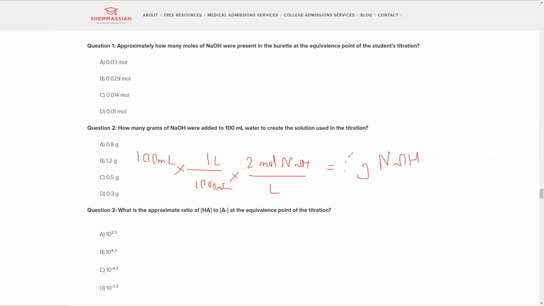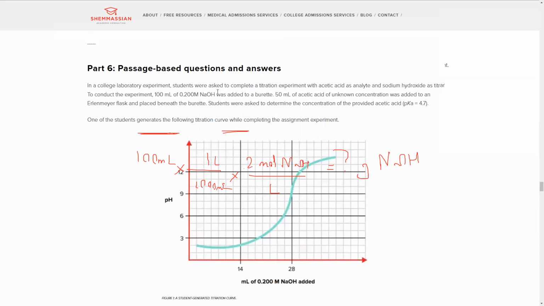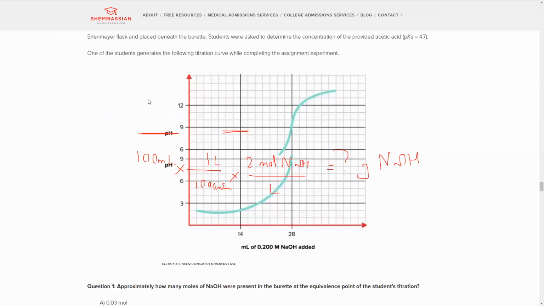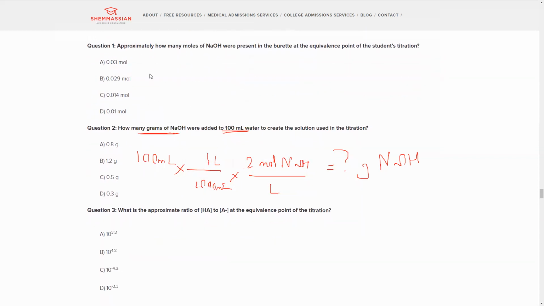Okay, so now that we've correctly identified what we need to get, the grams of NaOH, what we were given was the 100 milliliters and the 0.2 moles of NaOH. Boom. But no, we're not done yet, because milliliters times milliliters, 1 liter times liter, moles is not grams yet,